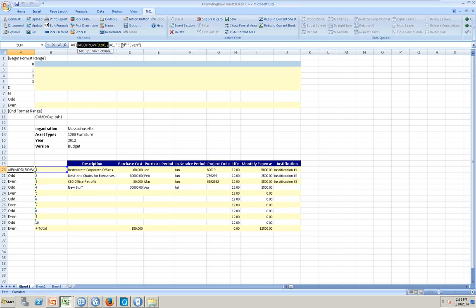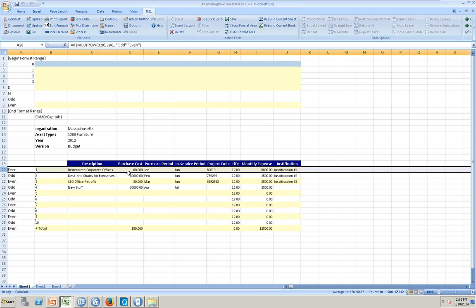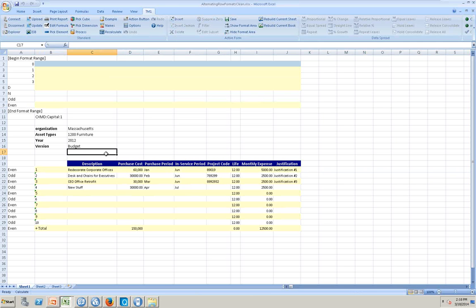So it's not equal to 1, so we're in the even section. So it's going to pull up whatever I said is even. So here we see there's our even formatting. It says even, and then it shows the formatting for even. So just by doing that kind of formatting here, you can have as many formatting rows as you want in